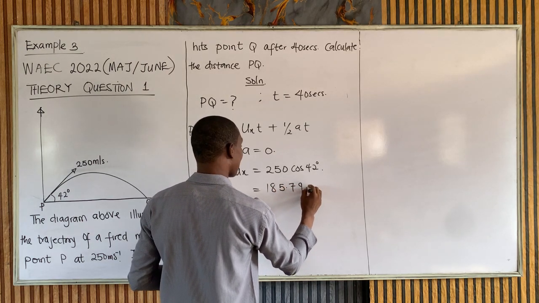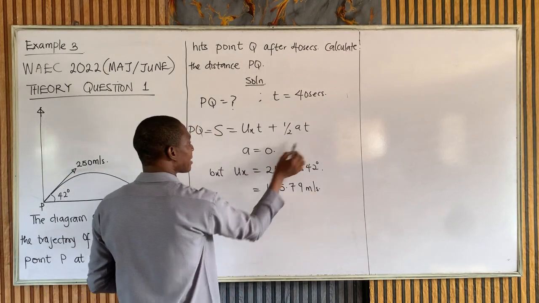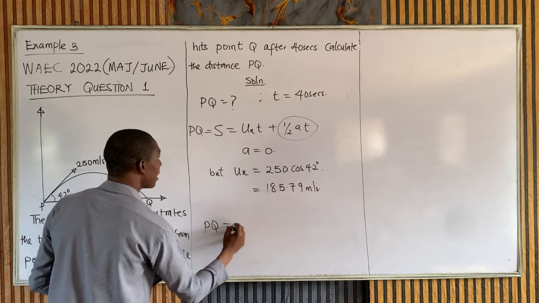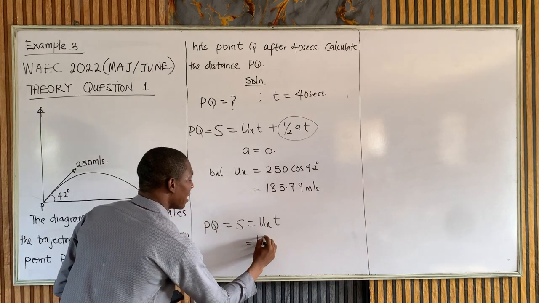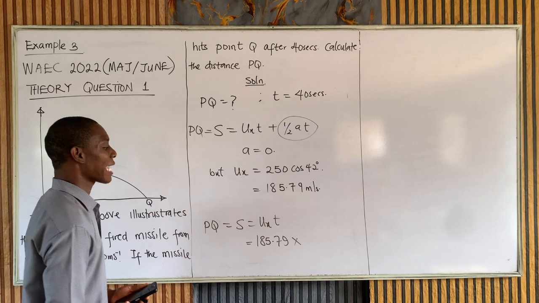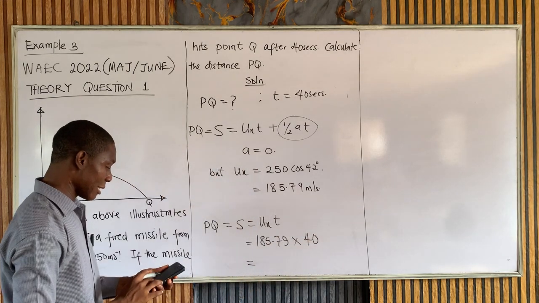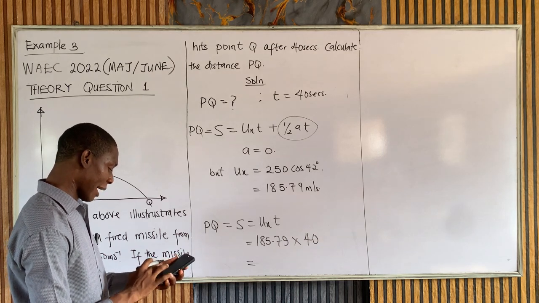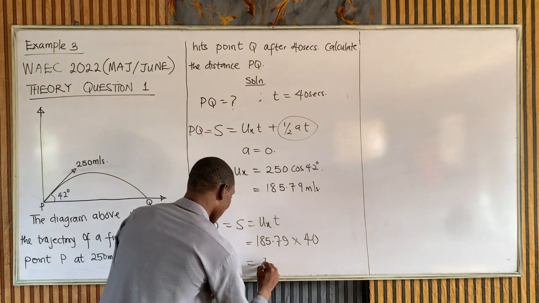185.79 meters per second. Now, the next thing we need to do is to remember that since a is 0, everything here is gone. So we're left with the range PQ, being x, is equal to ux times t. Now, what's your ux? 185.79 times, what's the time? 40 seconds. And then we can get this. That is 185.79 times 40. And that's